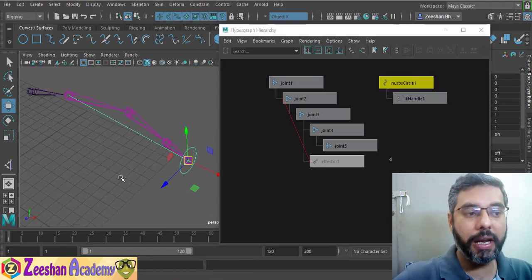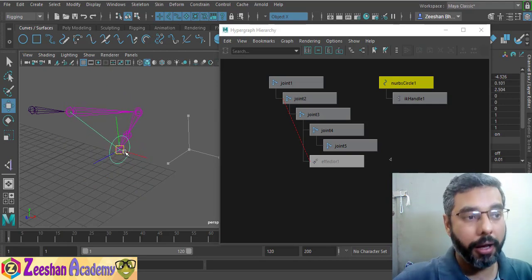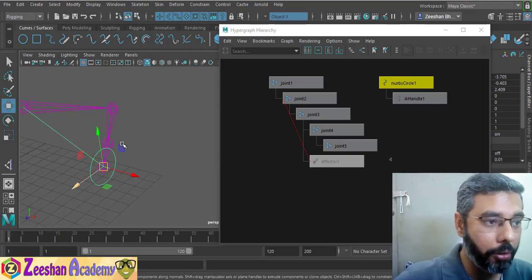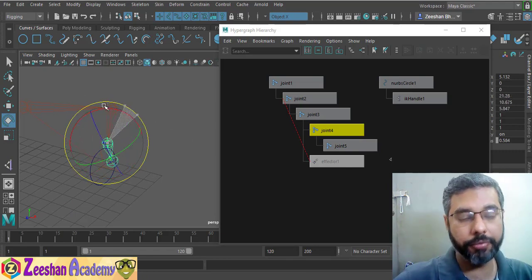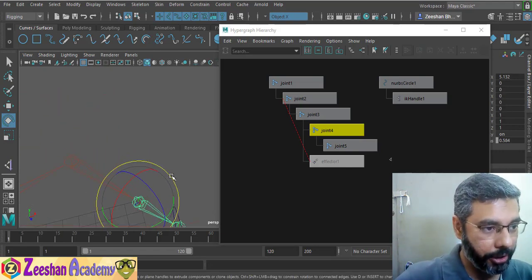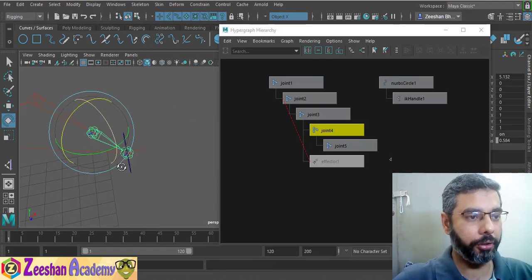However, once we select the IK handle, shift click here, press P, we select the controller, we move, it moves exactly the same as we had planned, even though we created that first thing. But now we come into the wrist joint and you would notice that I'm able to rotate the wrist forearm joint as well. Somehow the rotation has flipped. Actually that should not have happened. Okay, I'm using the wrong axis anyway.